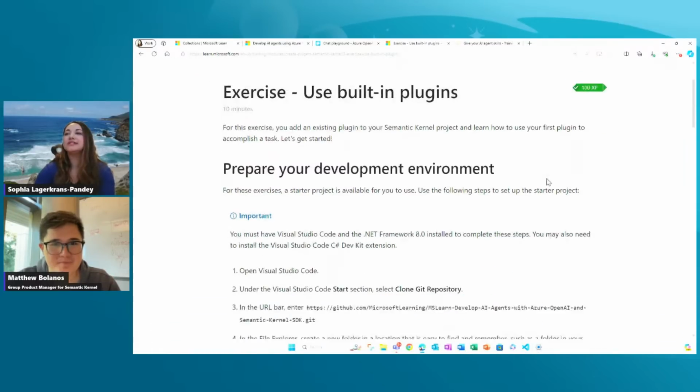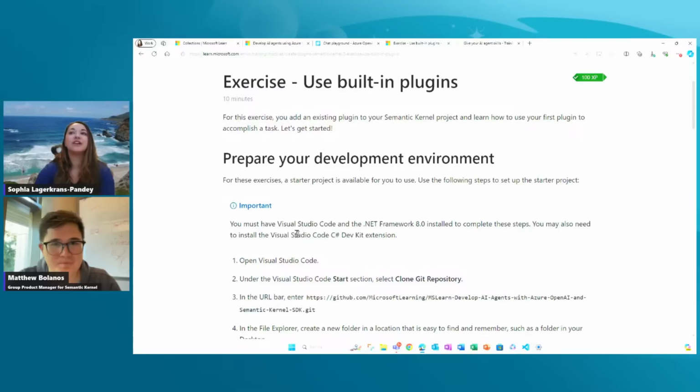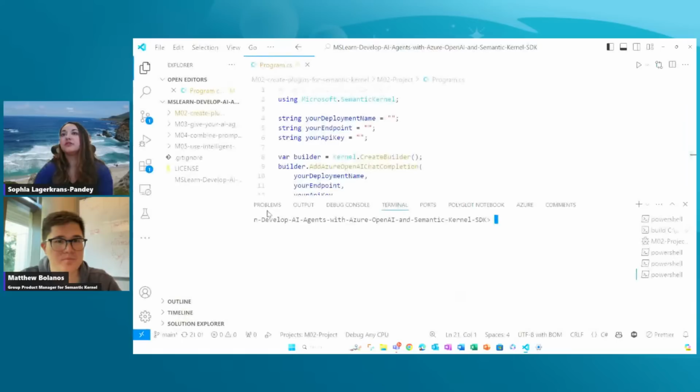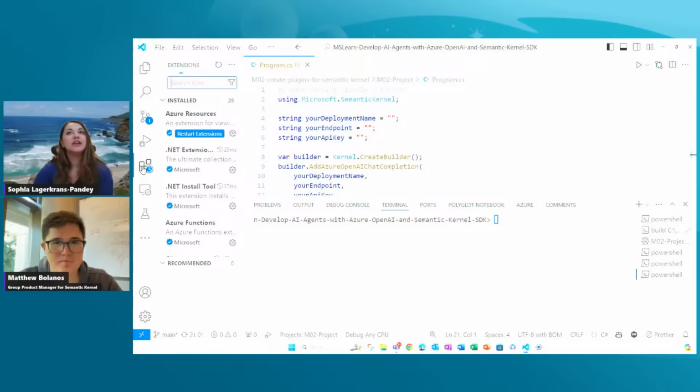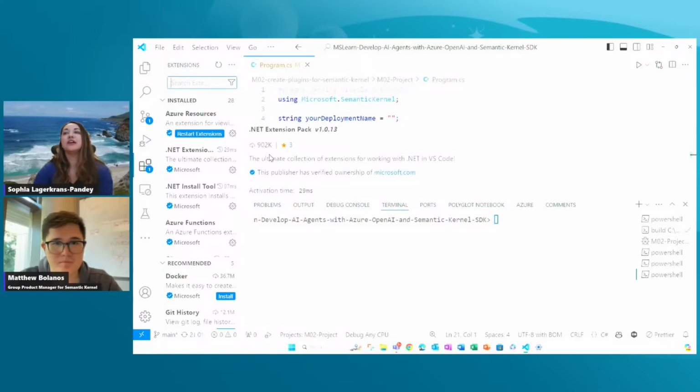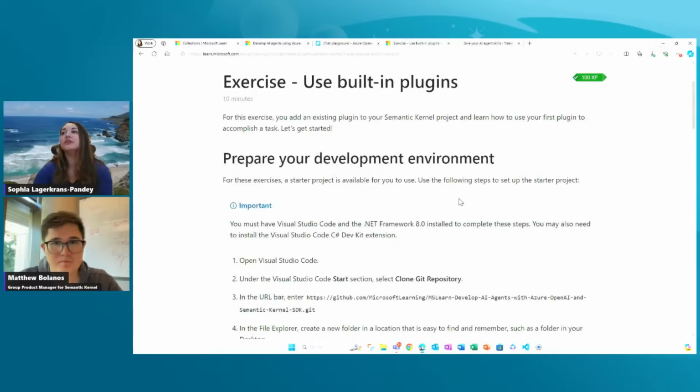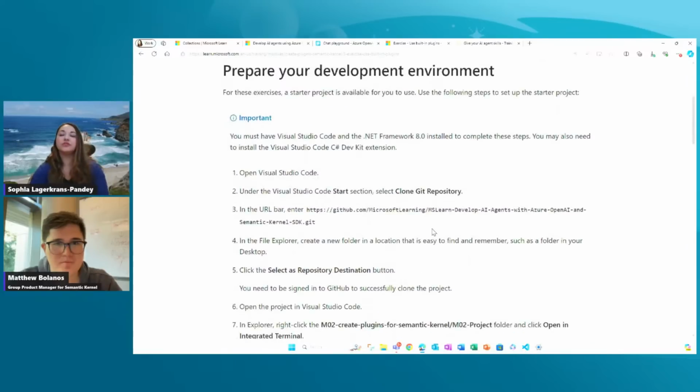And so for this, I mentioned earlier and just want to reiterate, you want to make sure before proceeding that you've installed Visual Studio Code, you have .NET 8, the framework of that installed as well. And then you may need to come into Visual Studio and come into this section over here. I always say it looks like building blocks, into extensions, and you may need to install that .NET extension pack as well. So I recommend that you go through the extension and the dev kit extension as well. And for the next piece, we're actually going to go ahead and clone the repo